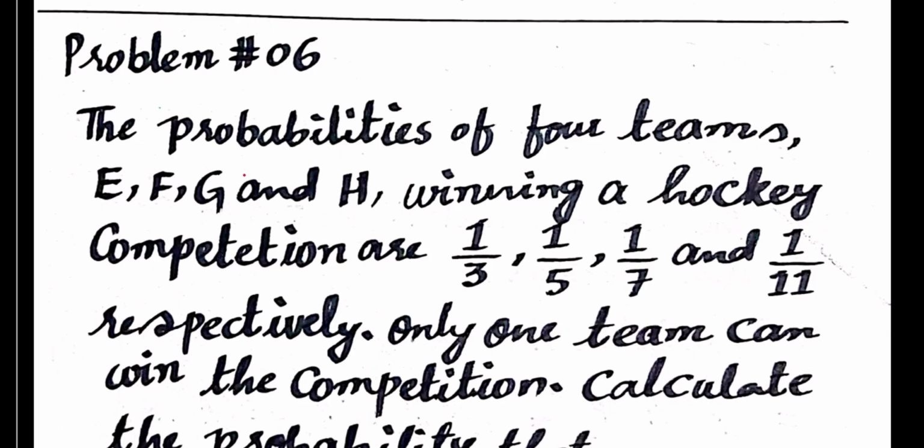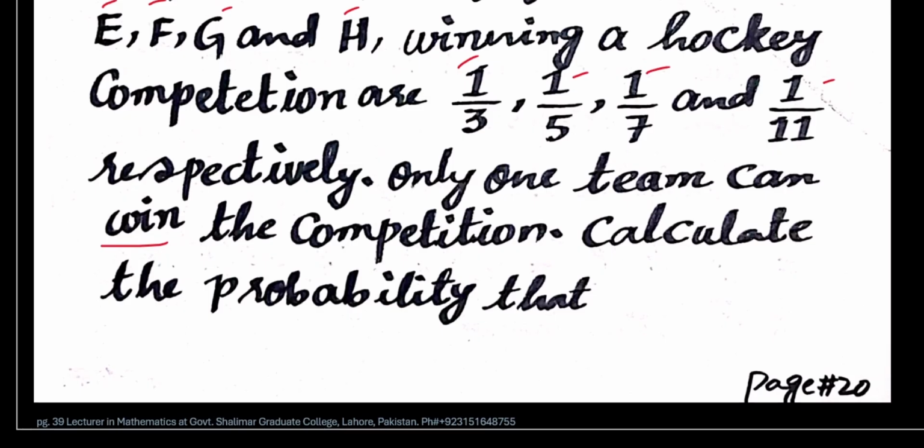This is problem number 6. This is also a very interesting problem. The probabilities of 4 teams E, F, G and H winning a hockey competition are 1 by 3, 1 by 5, 1 by 7, 1 by 11 respectively. Only one team can win the competition. It means these are mutually exclusive events, because it is not possible that two or more teams can win the match. Calculate the probability that